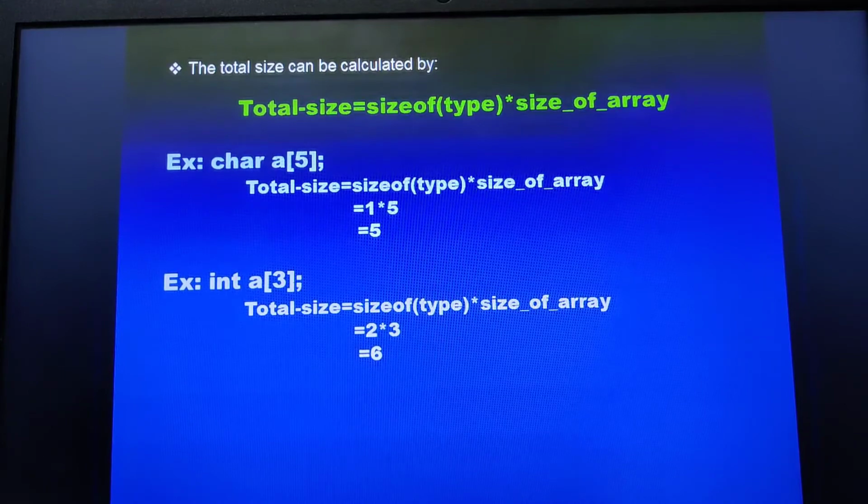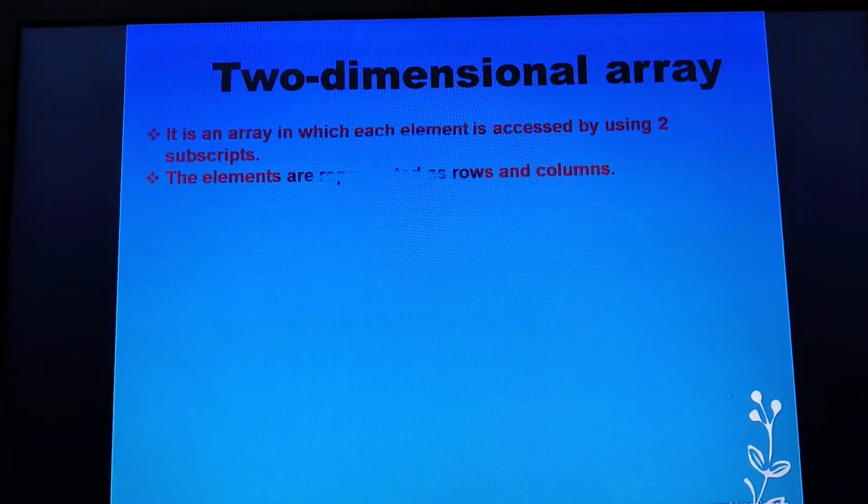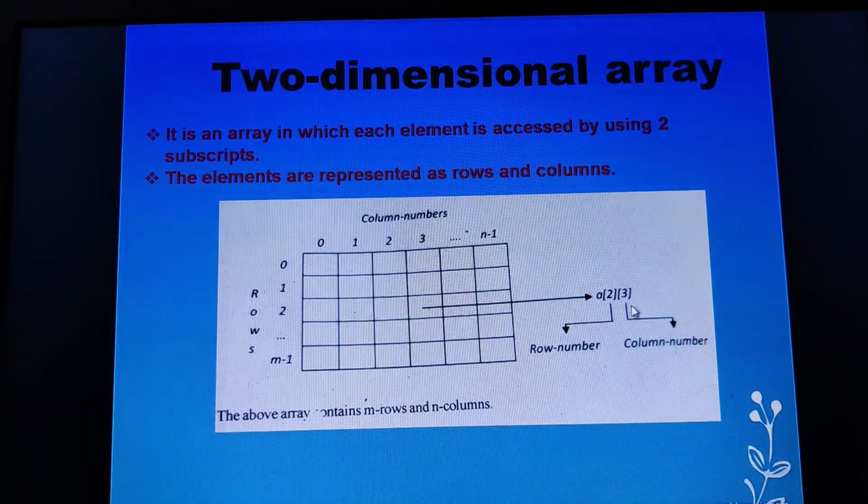Now students, let us move on to the next topic, the two-dimensional array. So what exactly is a two-dimensional array? It is an array in which each element is accessed by 2 subscripts. Here comes an example.